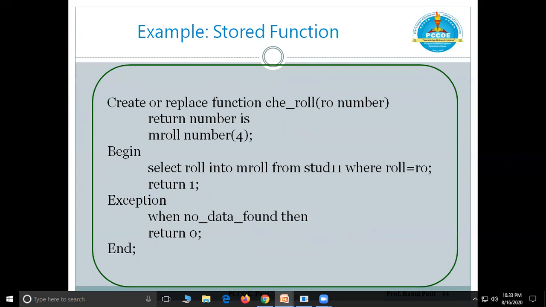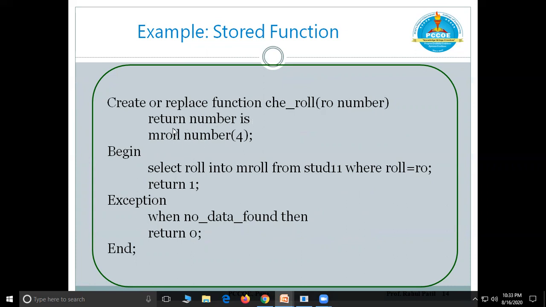This is one example. Create or replace function. The name of the function I have given is checkroll, and it is taking one value as input, because mode is not written, so it is in mode. RO is one argument I am passing of number data type. And it is returning a number, so return data type is number.